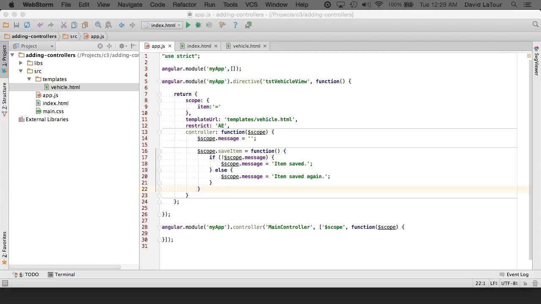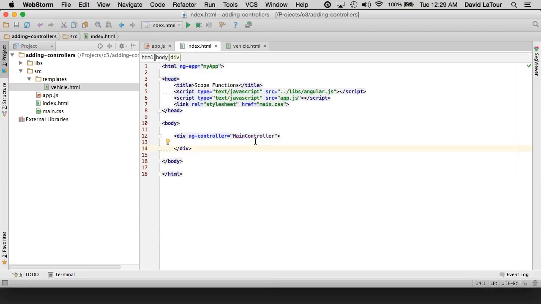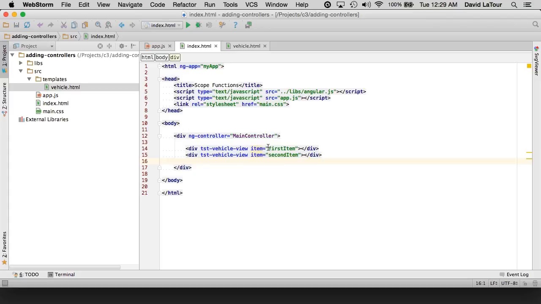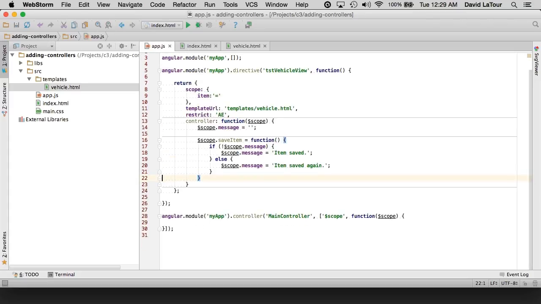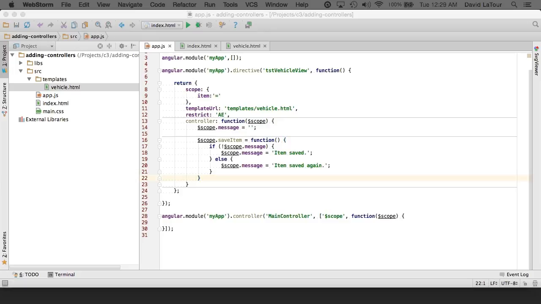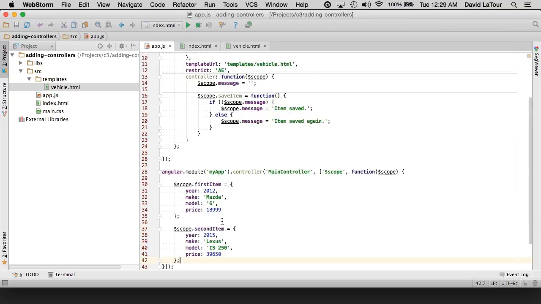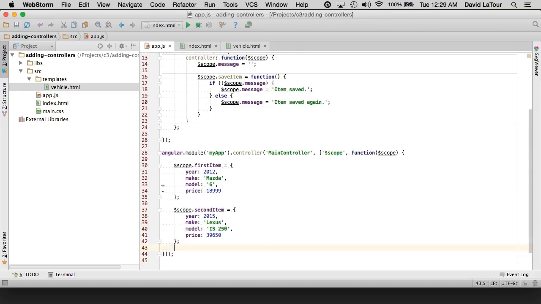And then the final step is to go to our user interface and implement our directive. So I have a div tag. I'm using the attribute syntax, and I'm attaching a first and second item to my directive. So before it will work, I also need to implement my data in my controller. So I'm going to do that, and I just have two data items that are